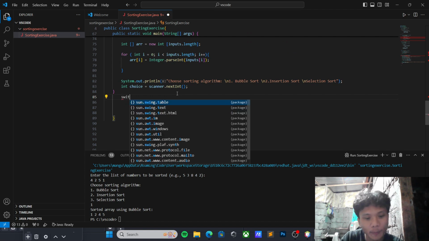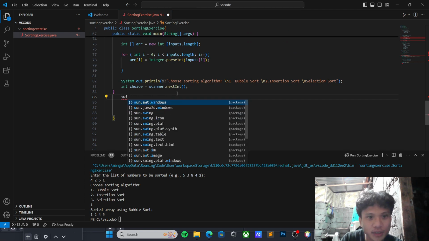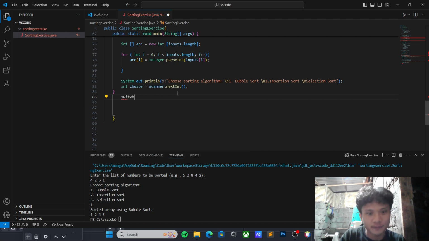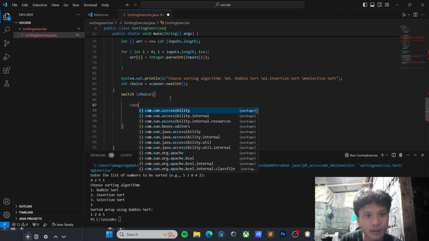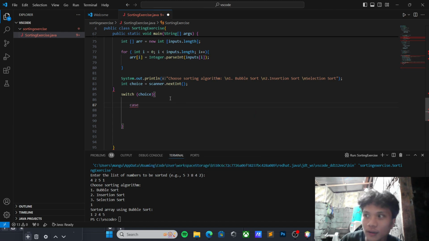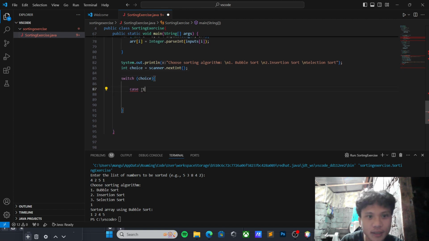So it begins with switch, and calling our variable choice, so the user can choose. Then a bracket. Then we have in case 1,